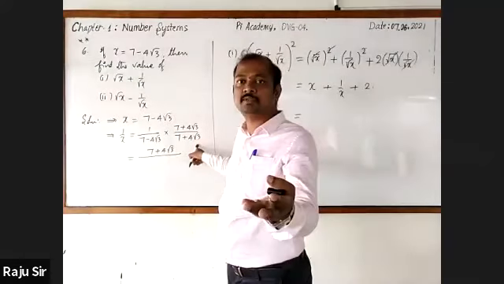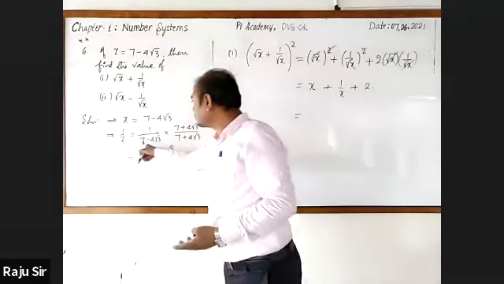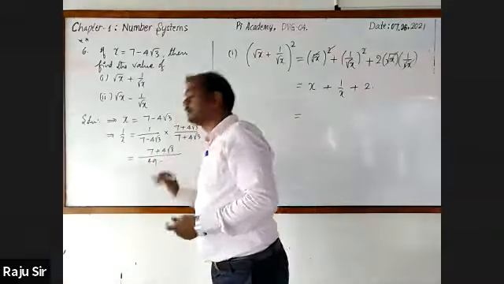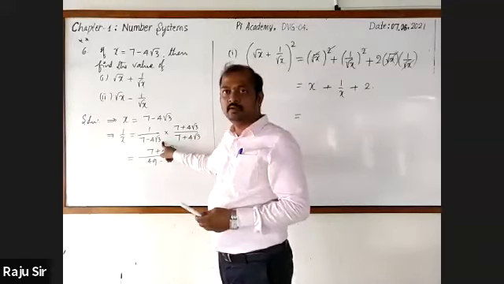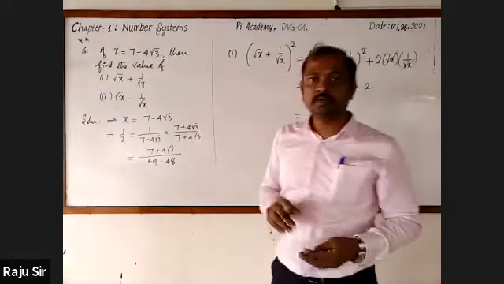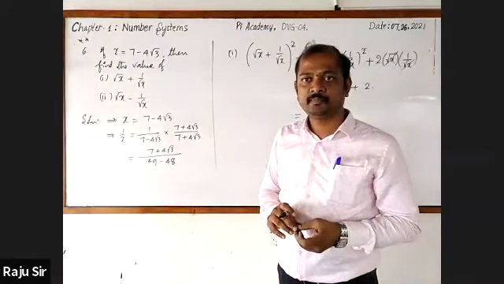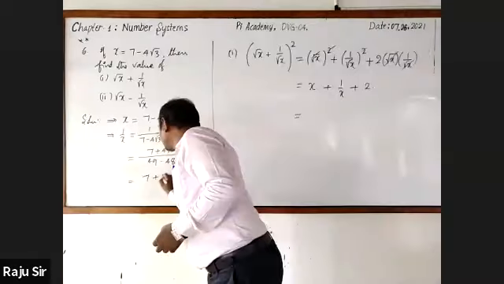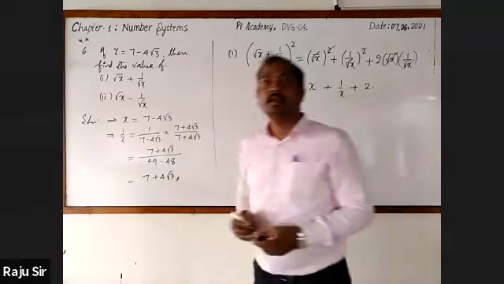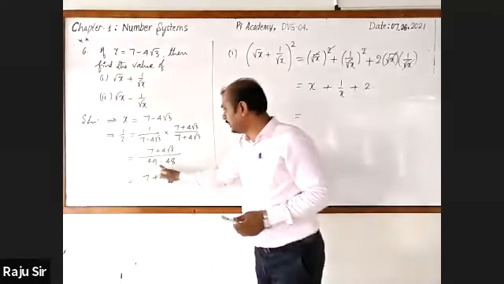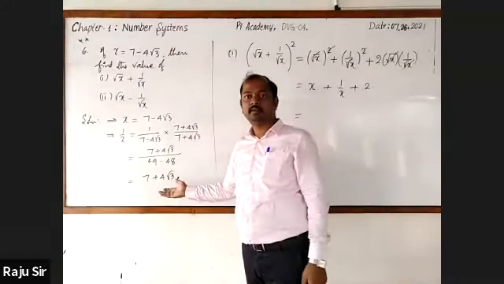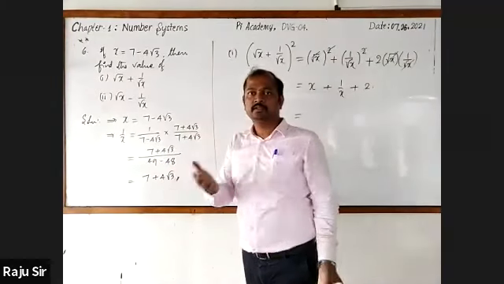A square minus b square. Now directly over. A square, 7 square is 49. B square, 4 into root 3 whole square, 16 into 3 is 48. Root 3 whole square is 3. 16 into 3 is 48. Will it not be simple? Yes, sir. Now this is equal to 7 plus 4 into root 3. That's all. The reason is 49 minus 48 is 1. Any number divided by 1 is the number itself.